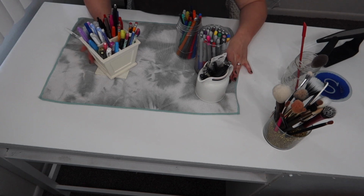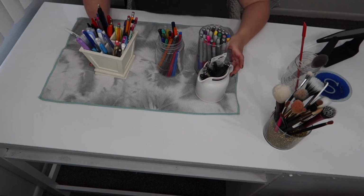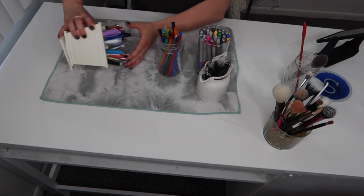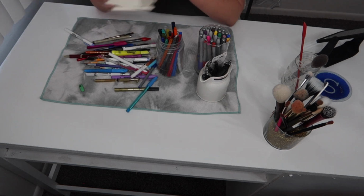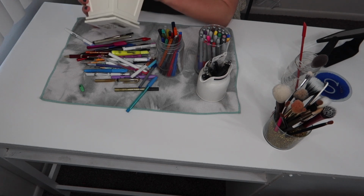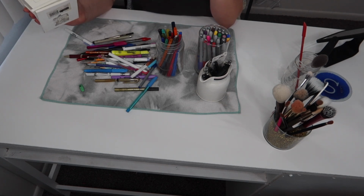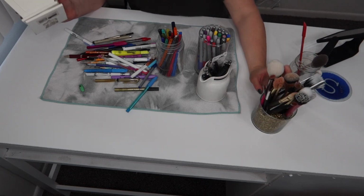Okay, I grabbed a towel for this part because I think it's perfectly acceptable to have pens on your desk, but maybe just not this many pens. So I'm gonna go through and fill up, I think, this one container, and everything else I'm gonna find another home for because I'm just tired of having thousands and thousands of pens. And then I'm gonna do the same with my makeup brushes